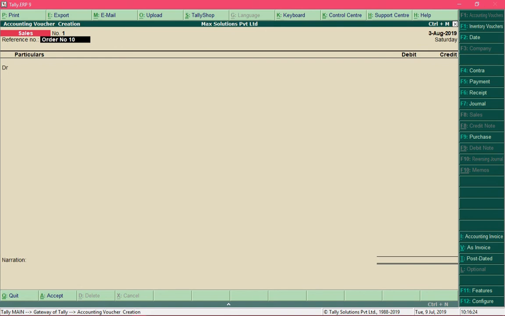So the reference number is not the invoice number. The invoice number by default is number 1. So by default the sales invoice number in Tally begins with number 1. You can also specify your custom invoice number series, and I will show you how to do that in the later part of this course. Now press the enter key